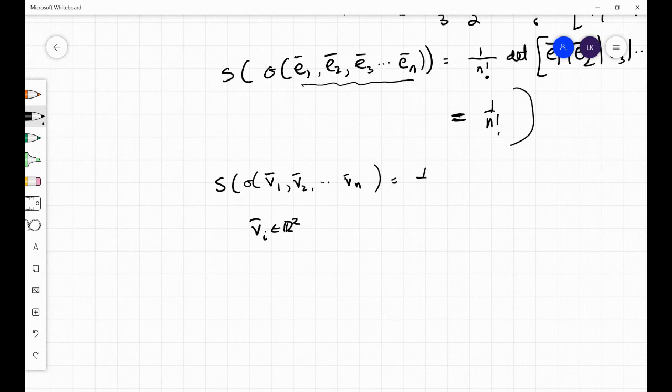Turns out that this is 1 over n factorial times the determinant of the matrix you get if you stick your vectors into columns of a matrix in the exact order. So it's fine because we know that,